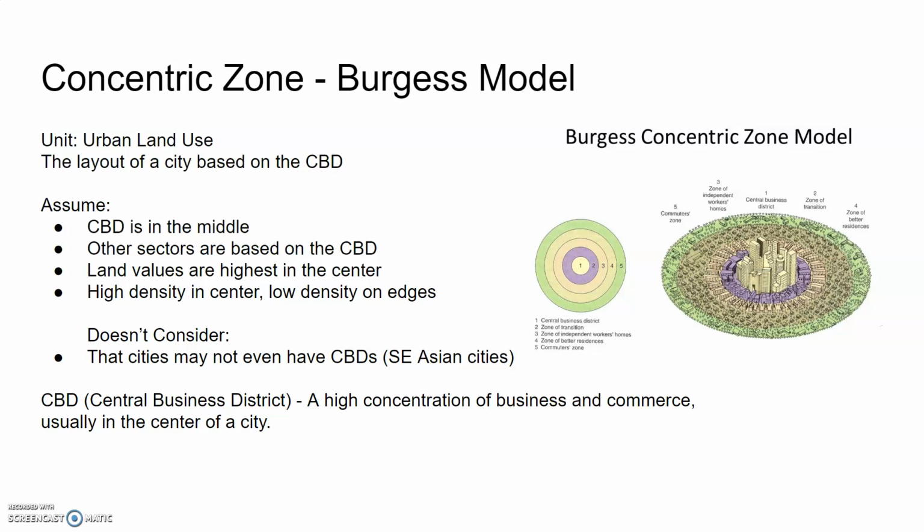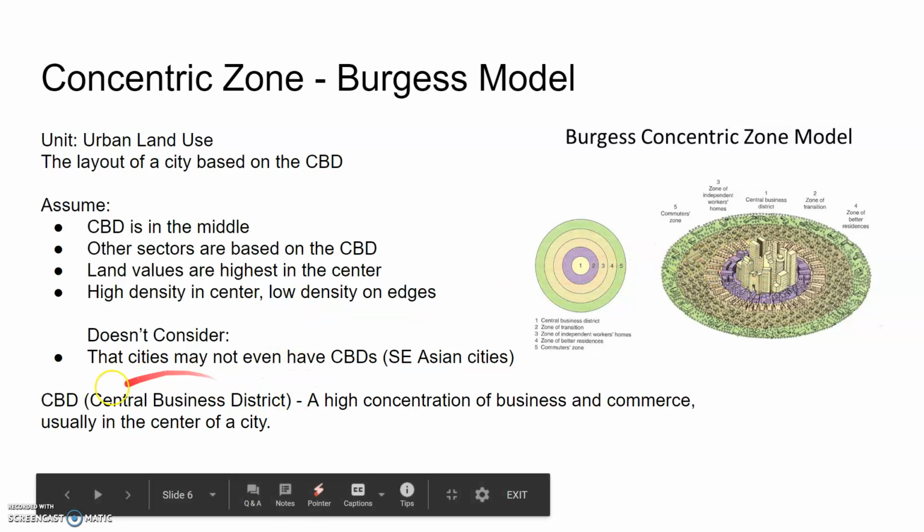So this is usually in the center according to this model. So it assumes that it's in the middle again. And the other sectors are based on the CBD. So the closer you are to it, the higher your land value will be because this center place is the very, very most important part of the city. And the further away, the more you have these commuter zones. So these people are most likely high income because they can afford to commute long distances to the center. So the closer areas will have low income